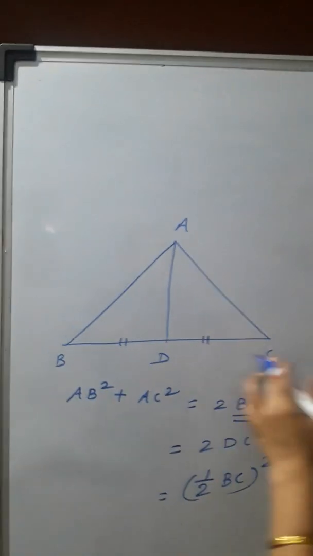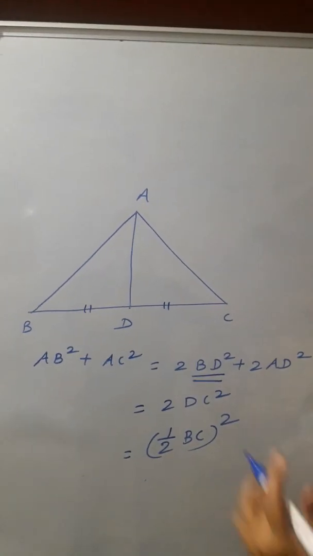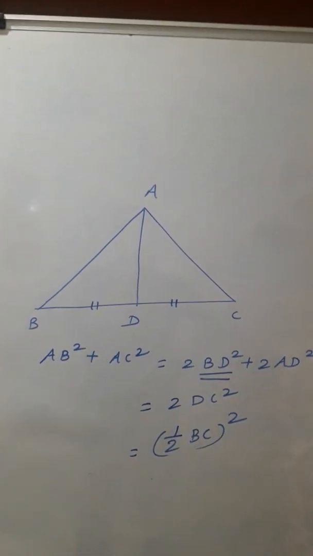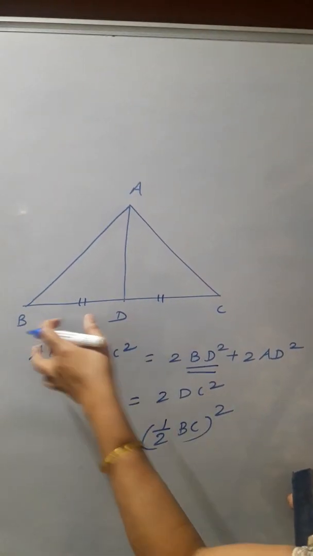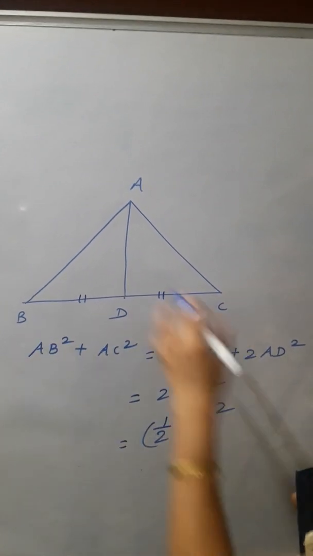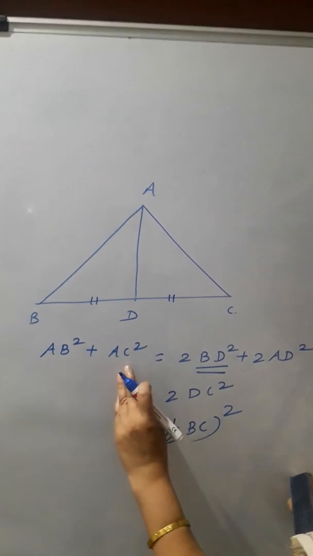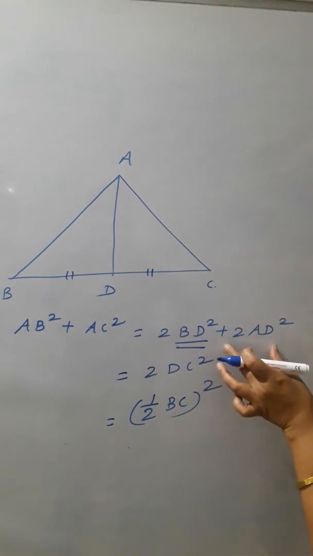So, let us start the Apollonius theorem. Okay. Now, we will revise what is meant by Apollonius theorem. See the figure. Here is triangle ABC. Now, main characteristic is D is the midpoint of the BC. Median should be given, then only we can use Apollonius theorem. Now D is the midpoint, means BC is divided in two equal parts. I will apply Apollonius theorem in this triangle ABC. Then it will be AB square plus AC square is equal to 2BD square plus 2AD square.